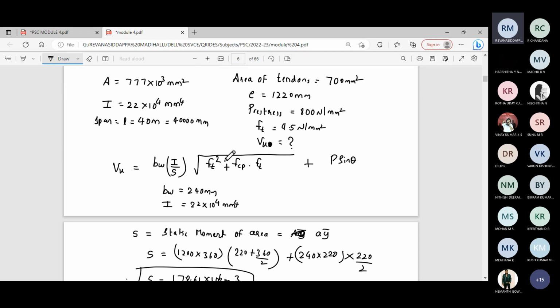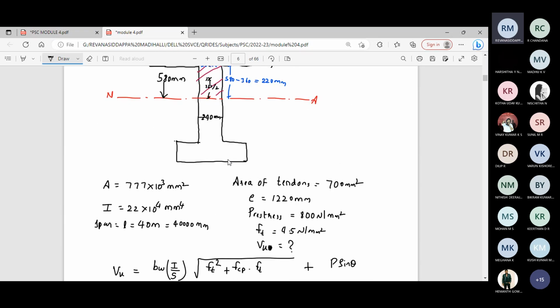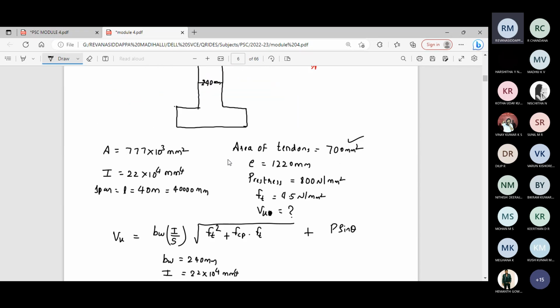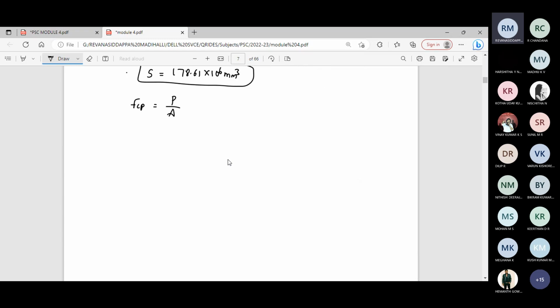Then FCP, which means the stress in the concrete due to the pre-stressing force, is equal to P by A. That is the formula. The pre-stressing force is not directly given, but the stress and the area of the tendons are given. Area multiplied by stress will give the pre-stressing force in the tendon. Correct. Therefore, P is equal to